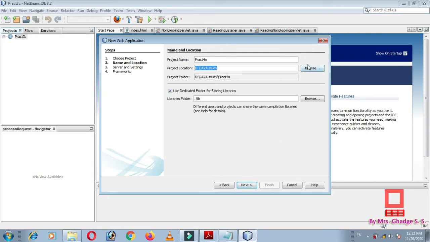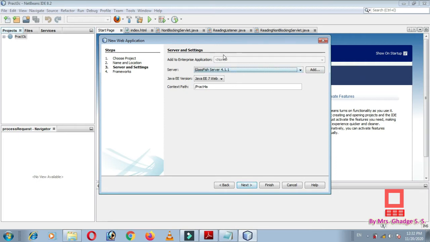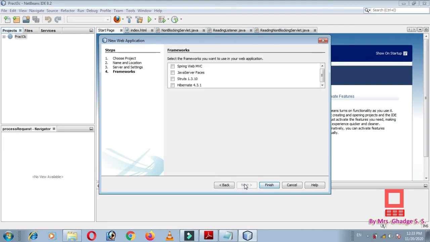You can select it from the Browse option. Next, here are the server and settings. Our server is already set to GlassFish Server and the Java EE version is there. Just click on Next. Here we do not need to select any framework, just click on the Finish button.